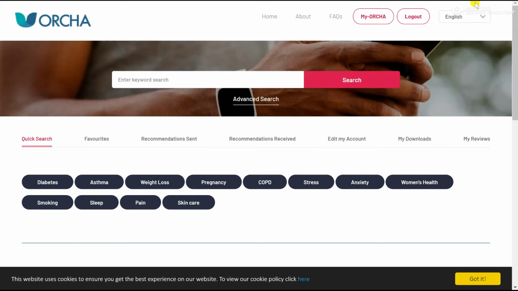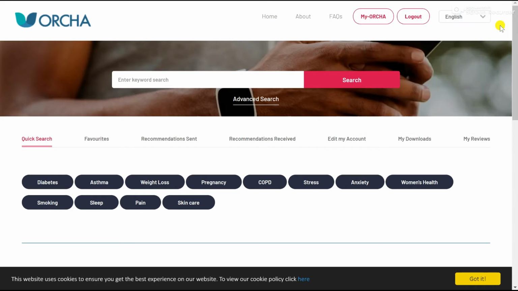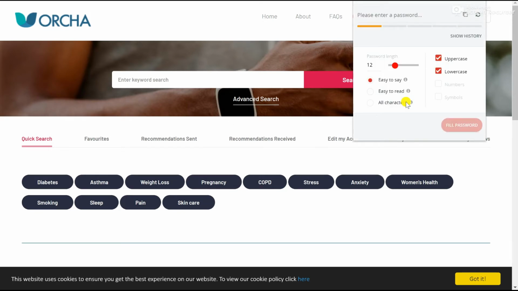Additionally, using the extension, again, I'm afraid you can't see this, but if I click on it, it tells me that actually I've used that password elsewhere, so I can do a security challenge to check to see if that's relevant or not. I'm going to ignore that for now. The other thing it allows me to do from the extension is change various different things. So for example, I can add items directly if it's just a normal account, or I can even generate secure passwords,